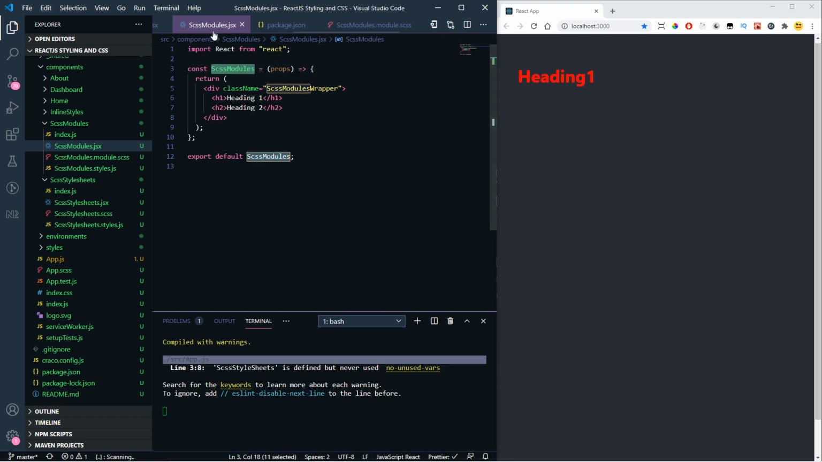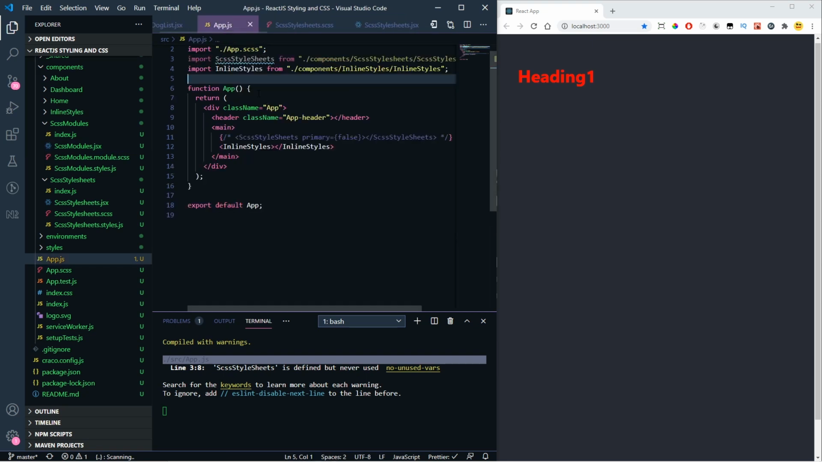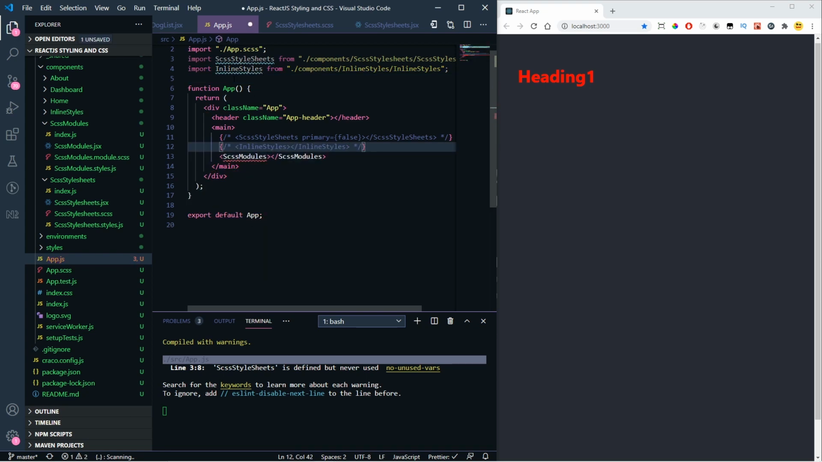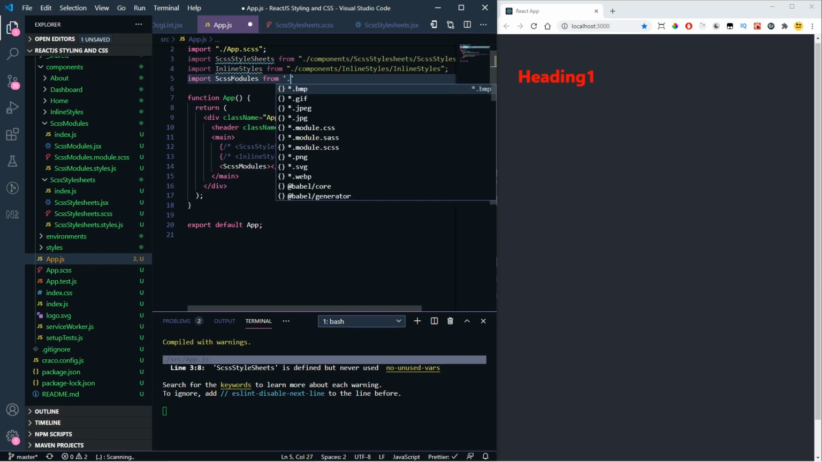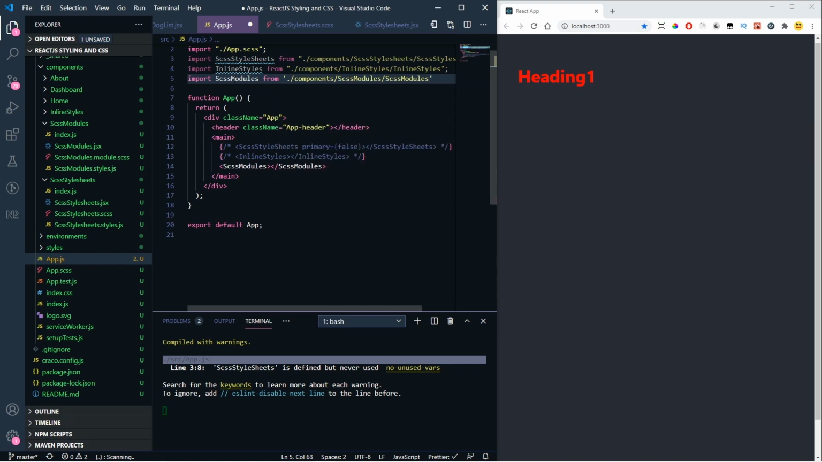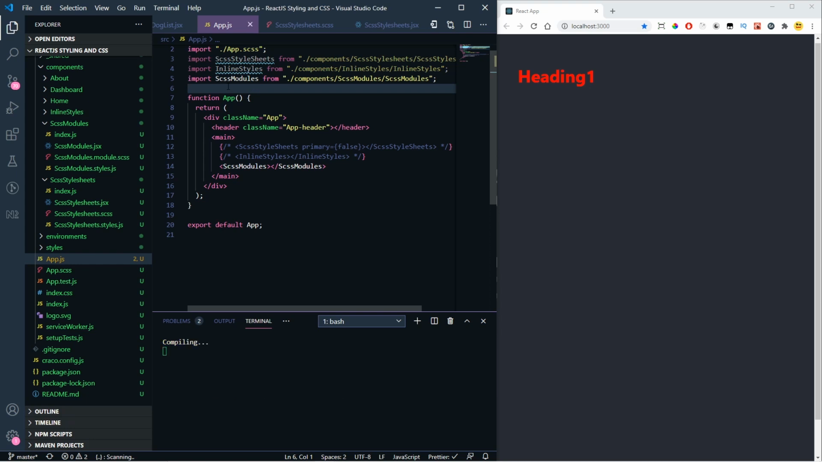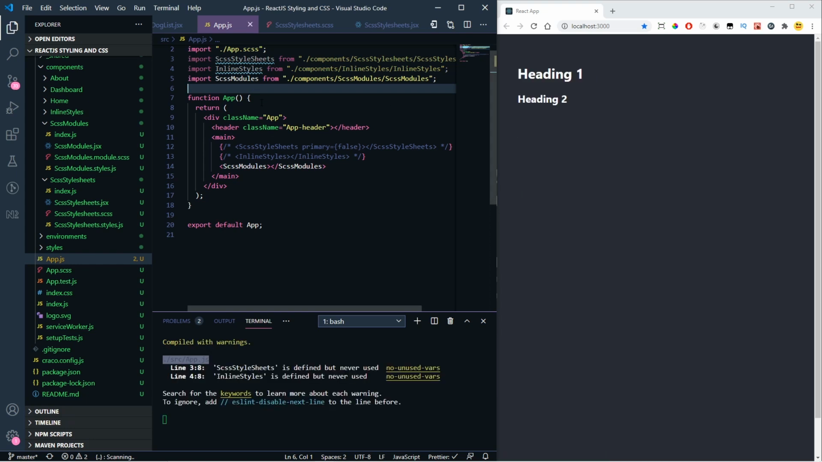So let's get this SCSS modules here and import it here. Now let's import SCSS modules from components, SCSS modules JSX. Okay, now we have the component here,